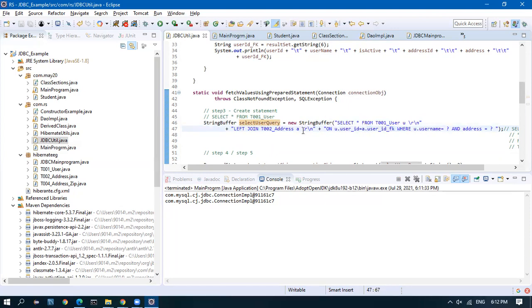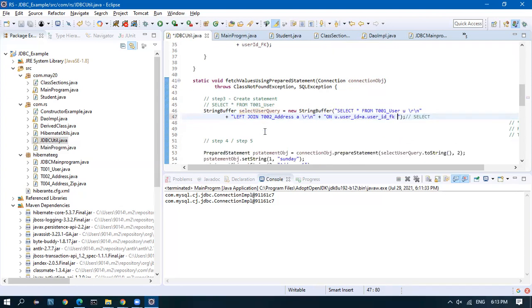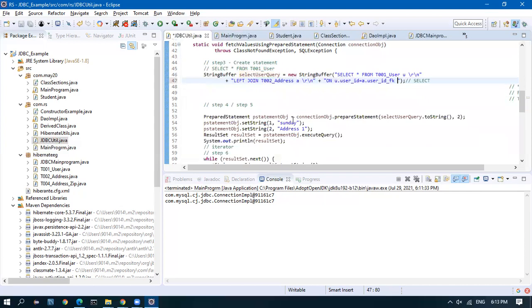A is an alias name, a short name which I can use. And I have a condition where u.username equals the input value and address is the input value. So the username and address are set here. Okay, so this is a query.